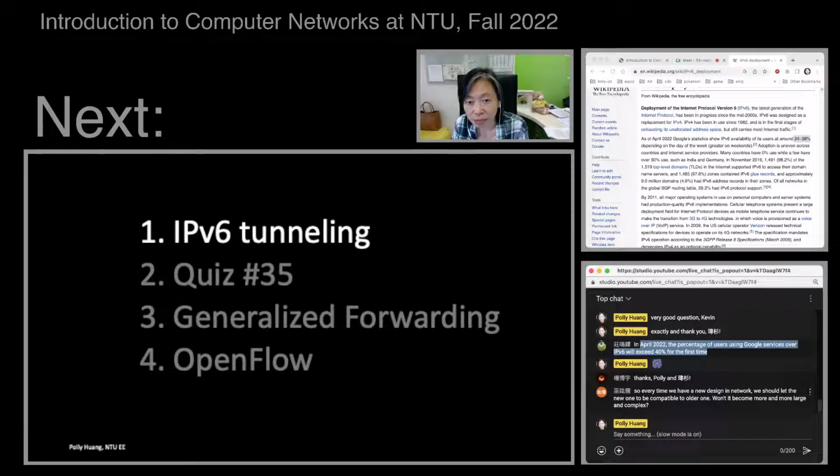Vincent had a question. So every time we have a new design of a network, we should let the new one be compatible? Yes, that's actually very important. It's called backward compatibility. As we become larger and larger, and it will, such as with operating systems,